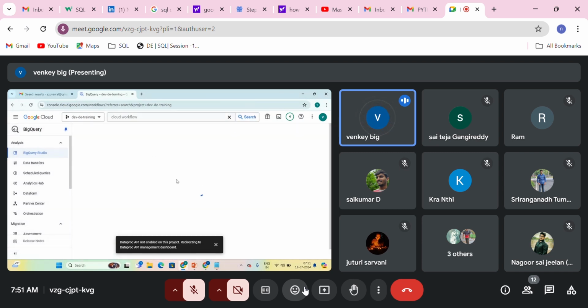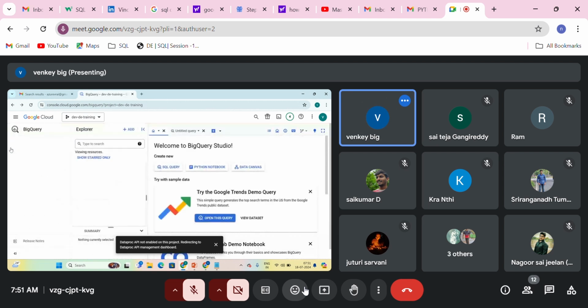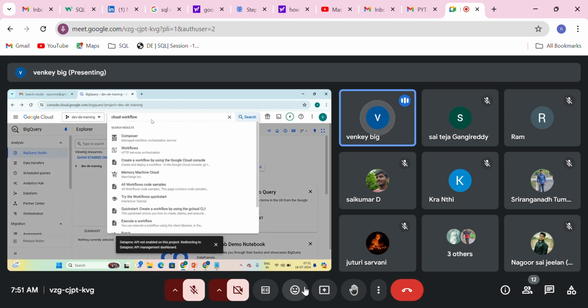So we will see workflows as well. When you open your Vertex AI notebook, you will get an enablement icon like this. You just need to enable it, because that's your first time. So these are all different services.